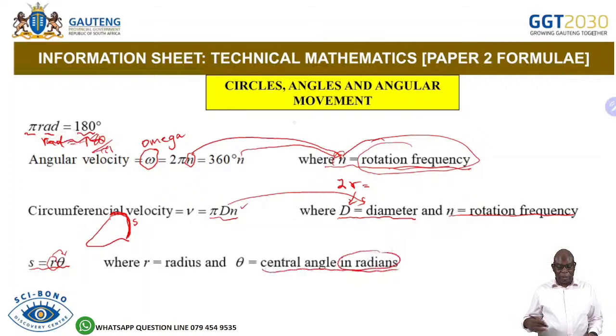Therefore, it gives me the radians. If I need to change the radians to degrees, then I'll say 180 degrees divided by pi. So I'll show you when we do the questions there. All right, now